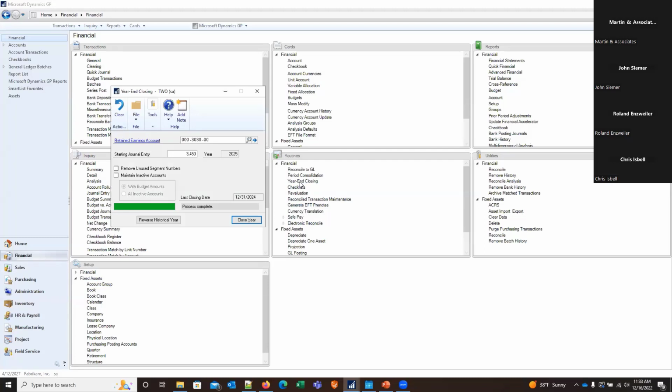some will close their GL in the first week. Some will run it at the end of January. Others have waited till March, April, when they've gotten their adjustments from their accountant or their accounting firm. With GP, you can post to the most recently closed year. So if I run my GL closing on January 2nd, or January 3rd, 4th, or 5th, and then